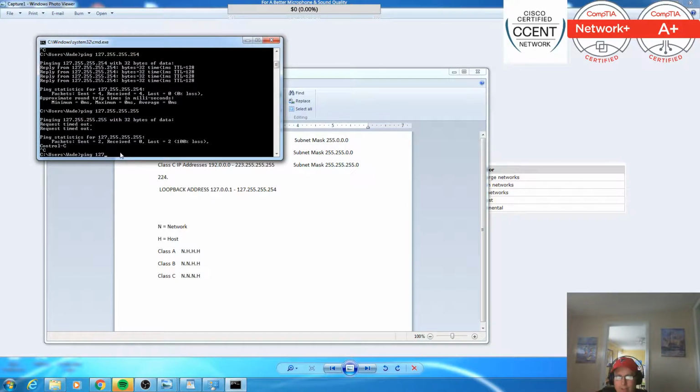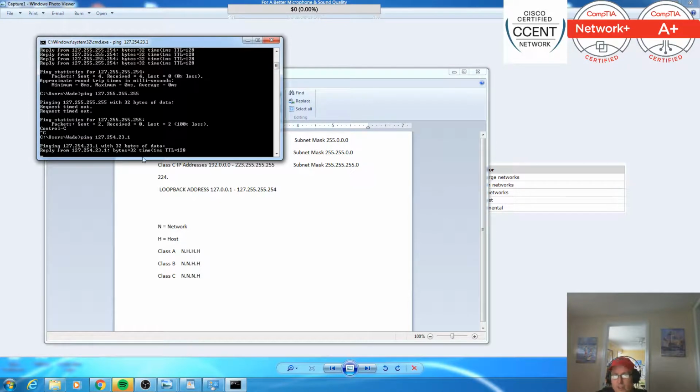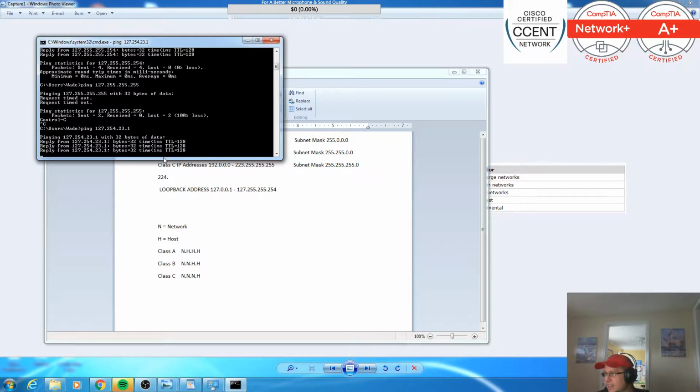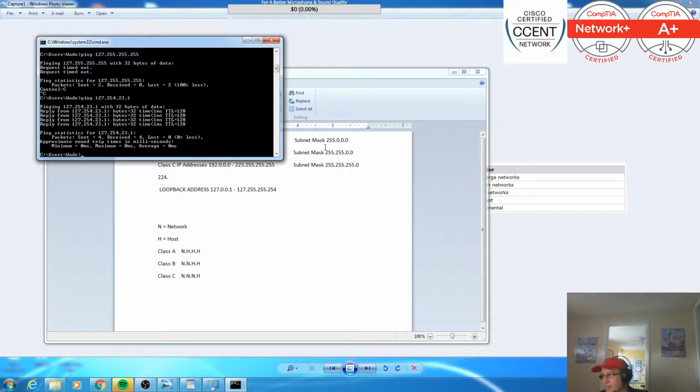But no matter what address I put in here, it's a loopback address. This was a mistake. They lost the Class A address by the ISPs to be able to put out like 16 million IP addresses. But be very familiar with the loopback address, and most people type it in as